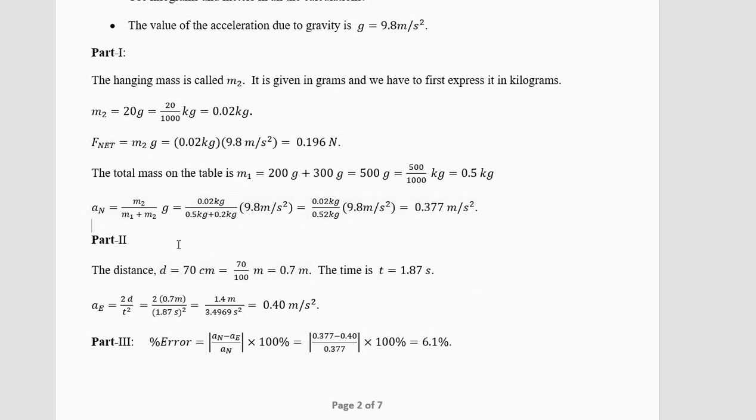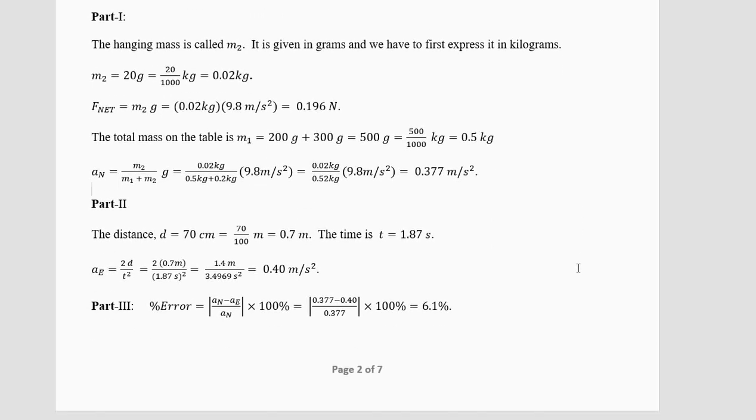Now in your experiment you are going to fix the distance and see the time by varying the masses. The mass is on the table, not the hanging mass. So the percentage error is with respect to AN. We believe AN to be the correct one. So AN minus AE divided by AN, we take the absolute value, the modulus, into 100%, we get 6% error. The error will be about 5 to 10, 15% in this experiment. It cannot be very small.